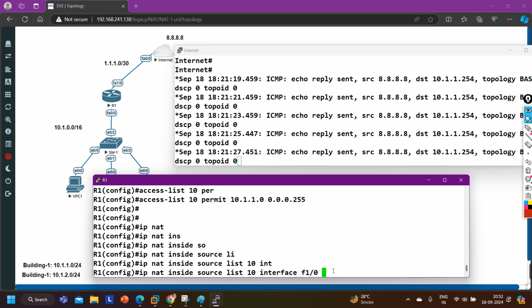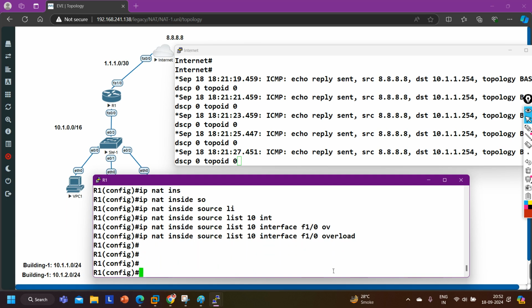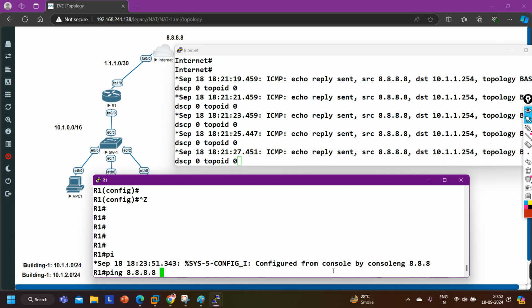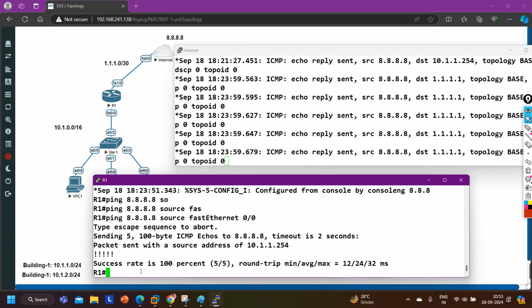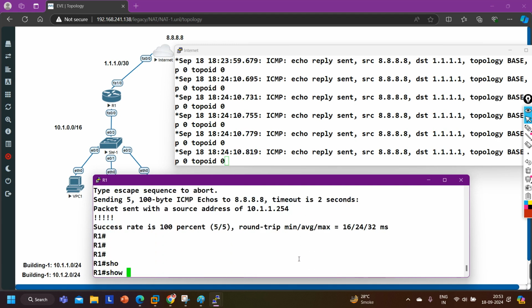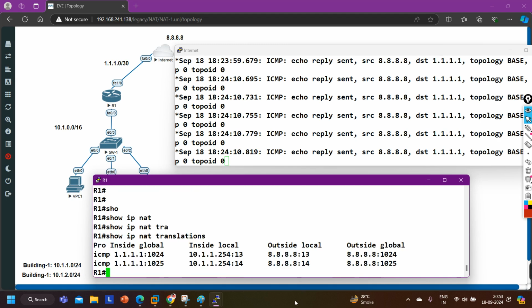And we have multiple types of NAT, right? One is PAT. So to enable PAT I can run this command, overload, right? Now guys, if I try to ping 8.8.8.8 with source FastEthernet 0/0, you can see ping is working. This time ping is working. Correct? And so in the ip nat translation, here you can see